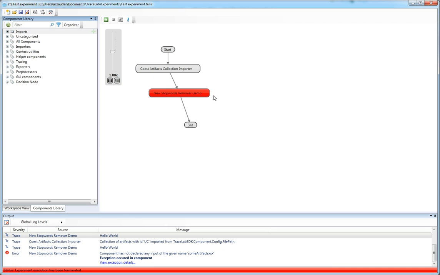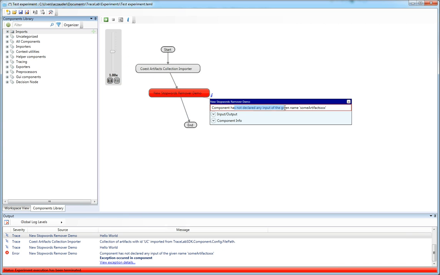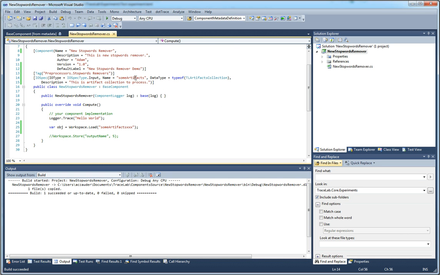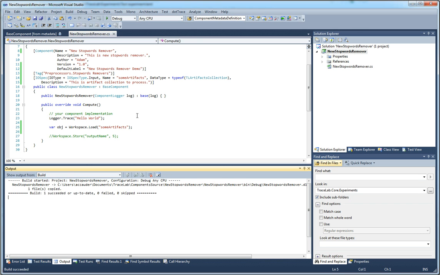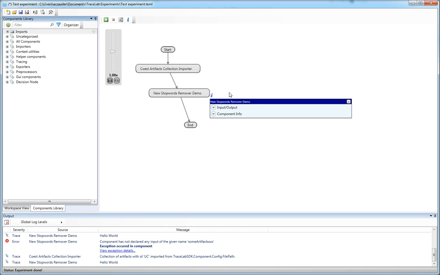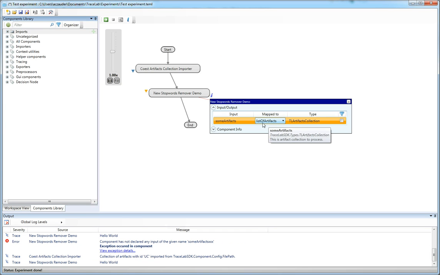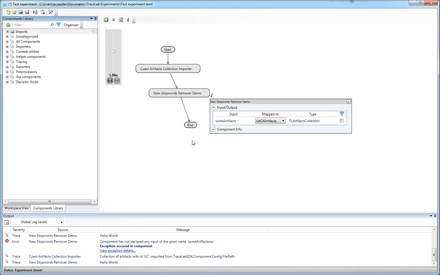Actually I didn't even have to rescan. It will show the error that the component has not declared any input of the given name, some artifacts xxx. And that's true, you declared some artifacts but not some artifacts xxx. So if I go back to this one, then I can compile it and it should work, right? Note that I had it remapped to something else, so some artifacts is the internal name of the component that you are using,